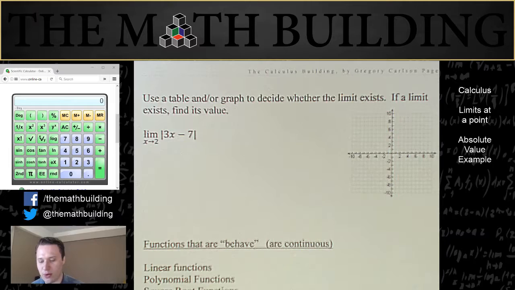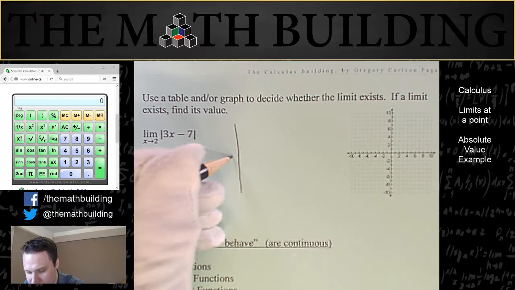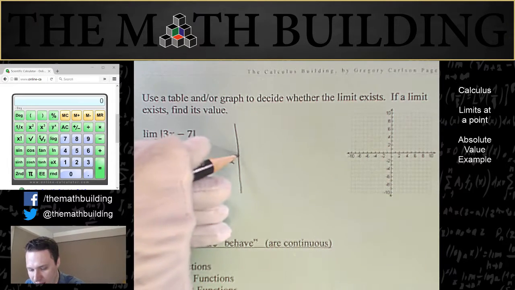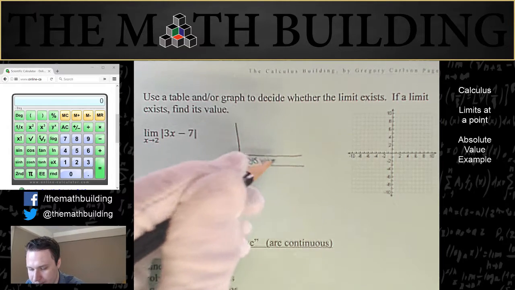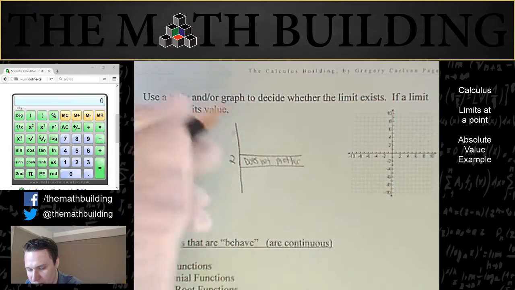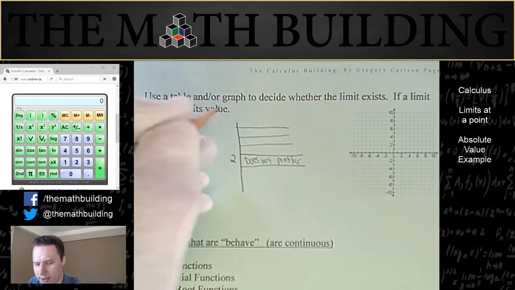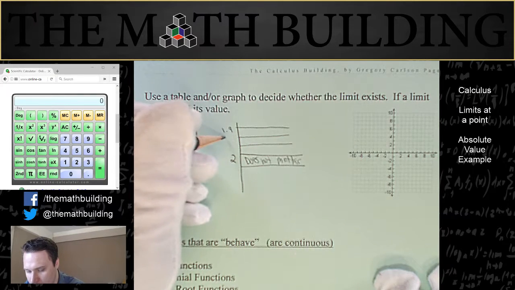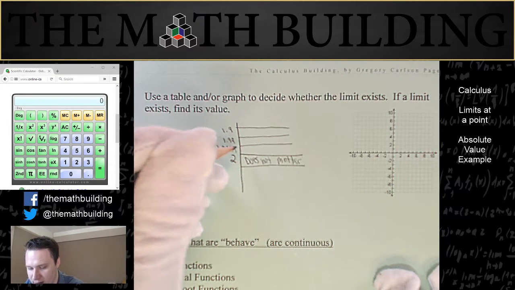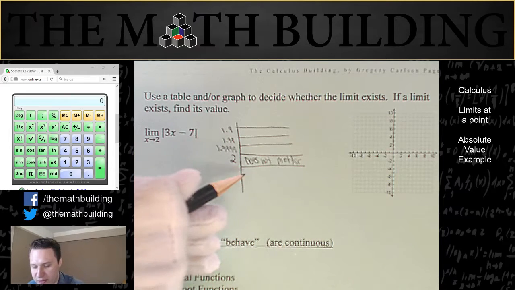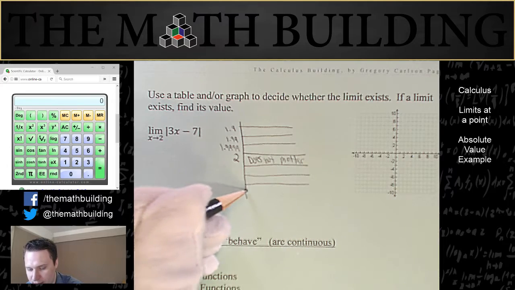A limit is something we approach. So let's make a table, and we're going to approach the value 2, and as we know, the actual value at 2 does not matter. So what I'm going to do is, let's make some new values. Let's do 1.9, 1.99, and 1.9999. So we're going to get really close to 2 from the negative side. And approaching it this way,